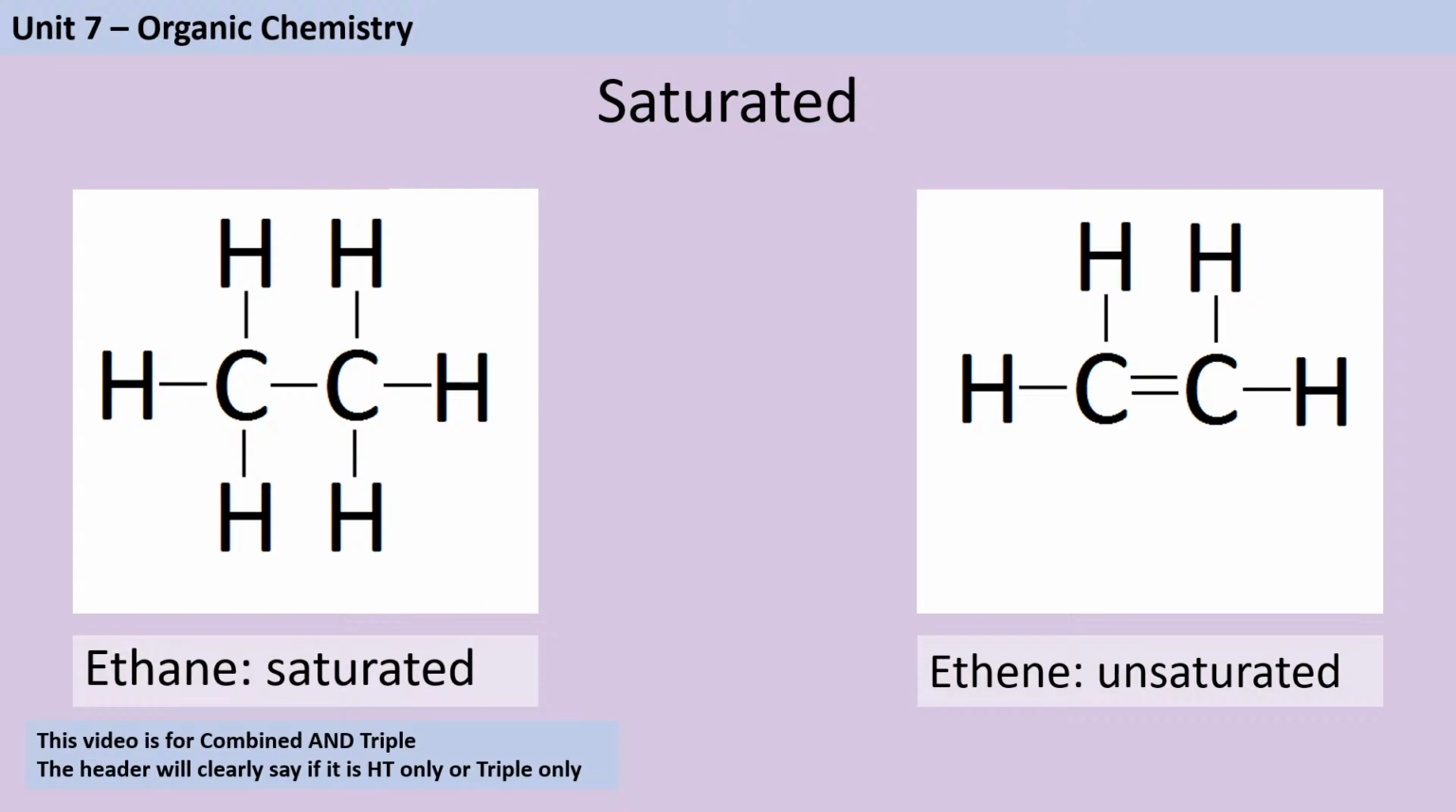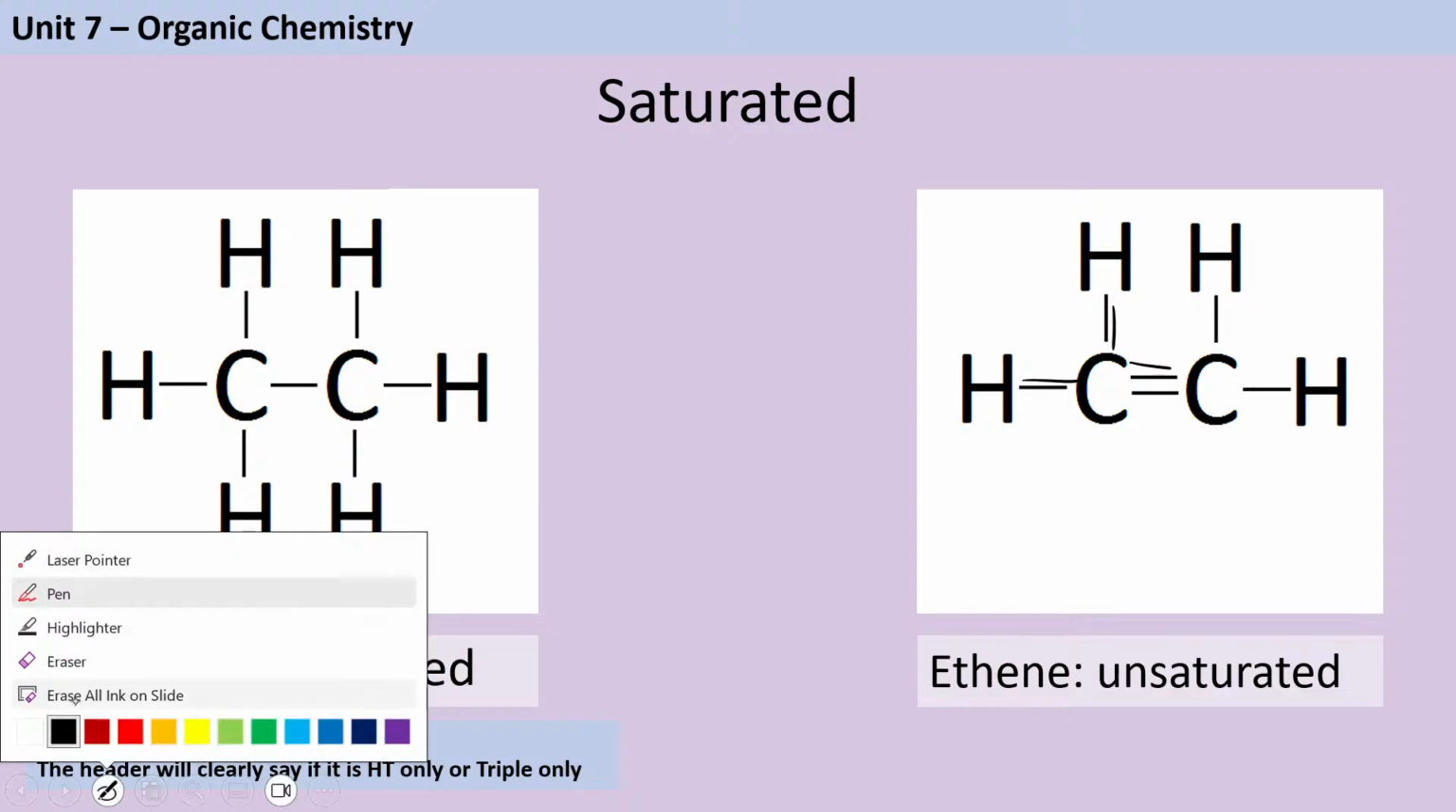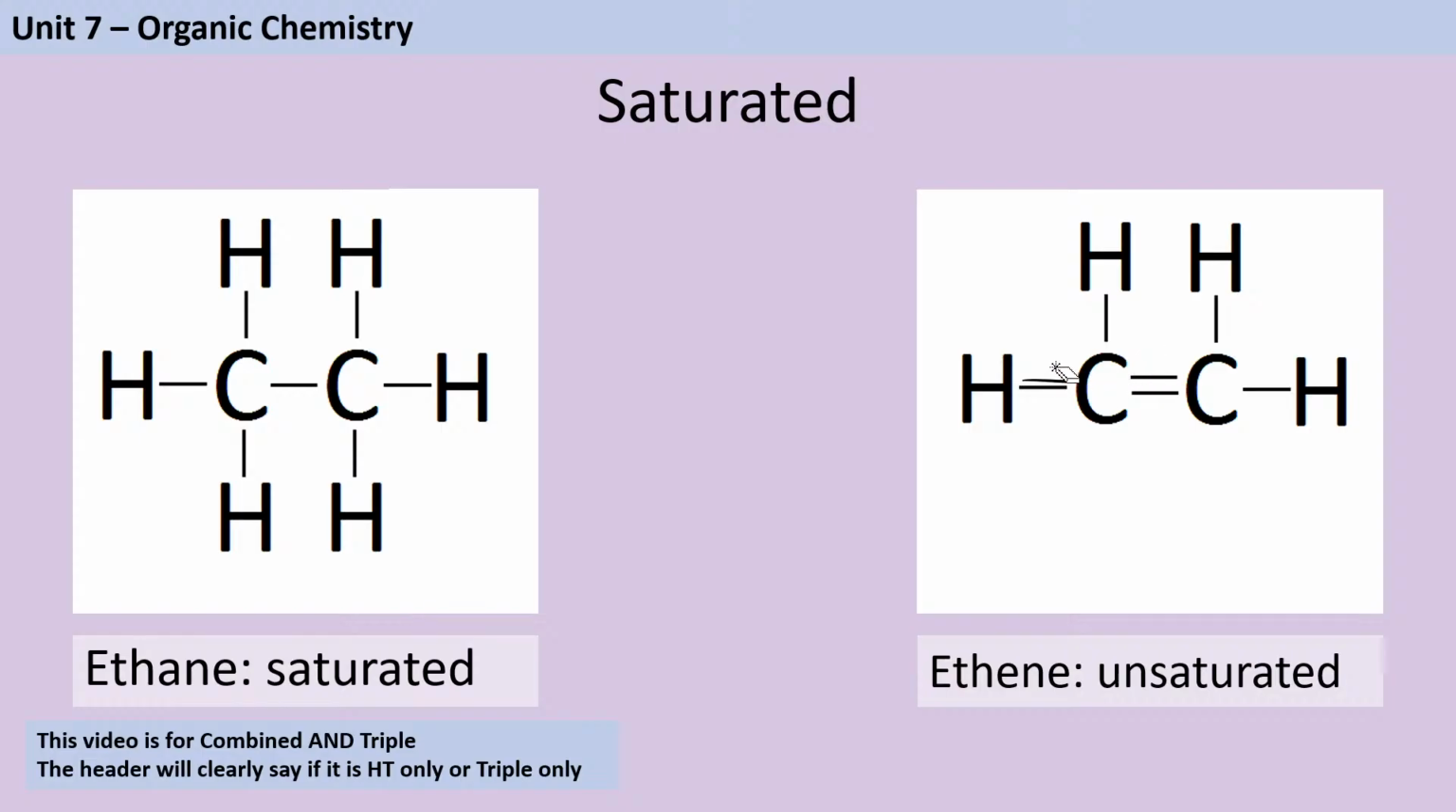Okay, so the one on the left is saturated because every carbon is making the maximum number of bonds. The one on the right is unsaturated because these two carbons in the middle, instead of being bonded to the maximum number of different things, have 1, 2, 3 bonds. Oh, that was really unhelpful. I shouldn't have done that in the same colour. 1, 2, 3 bonds, and then it's got this double bond to the other carbon, and so we describe it